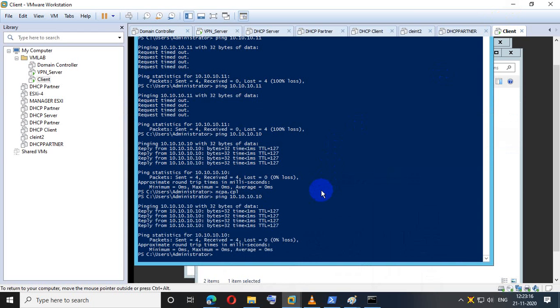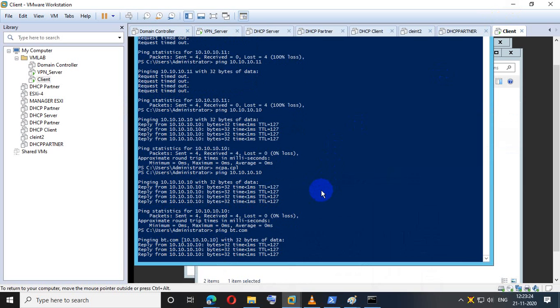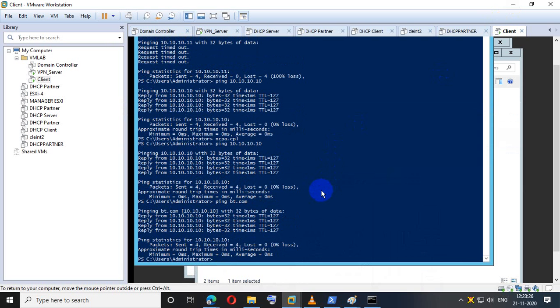Okay? If I ping bt.com, it is also pinging. That means it is a part of the network. Now in the office, any of the applications that are running, the user can access over the VPN. The concept is clear or not?